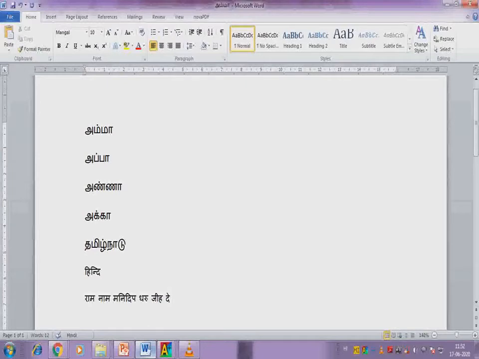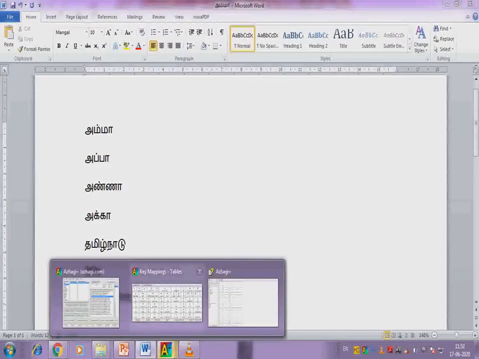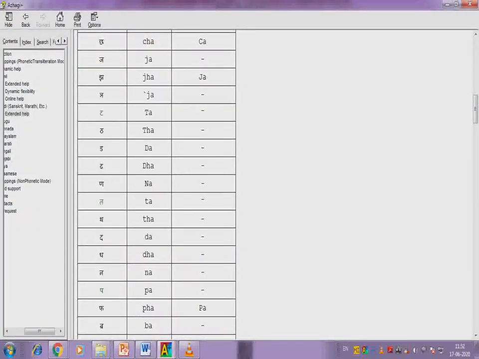Tehri. Tu. Var. I am verifying the extended help and then trying that properly.